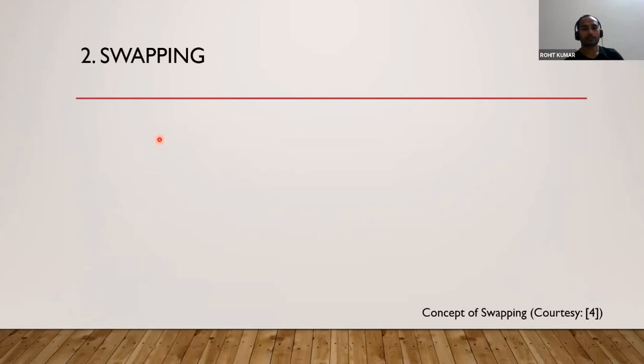So here the concept of swapping comes. What is the concept of swapping? The concept of swapping tells us that if we want to stop one process and resume another process, then we need to take the new process into RAM and swap out the process that is existing inside RAM. Means it is the condition when your RAM is full of processes. We will not leave RAM empty.